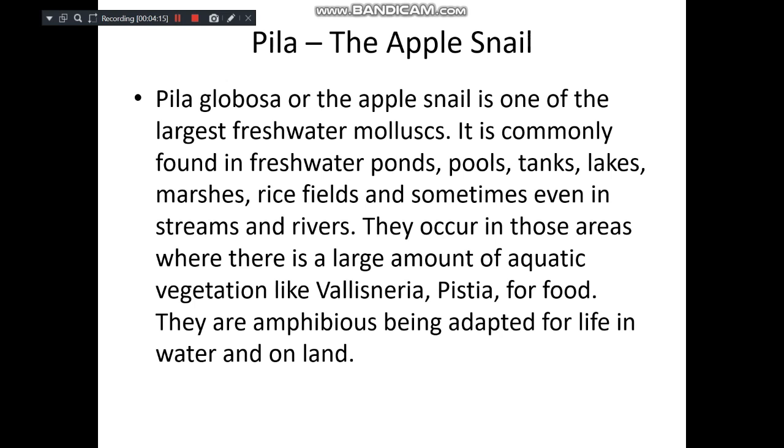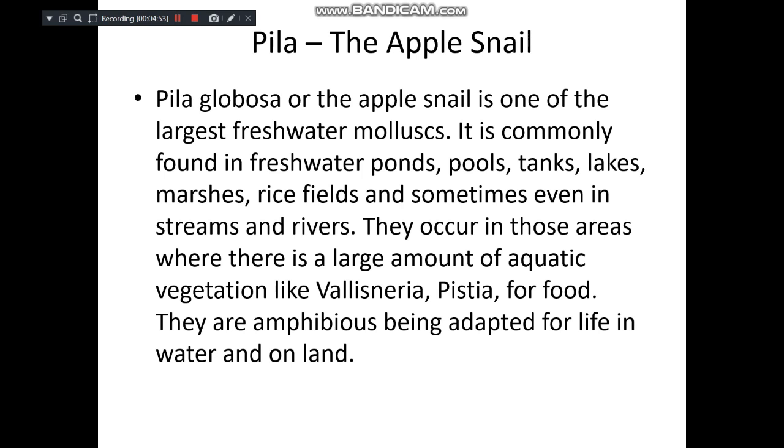Here we are going to discuss one particular example, that is Pila globosa or apple snail, popularly known as apple snail, and it is one of the commonest snails we can see. This is one of the largest freshwater mollusks, and it is commonly found in freshwater ponds, pools, tanks, lakes, marshes, rice fields, sometimes even in rivers, streams, puddles,